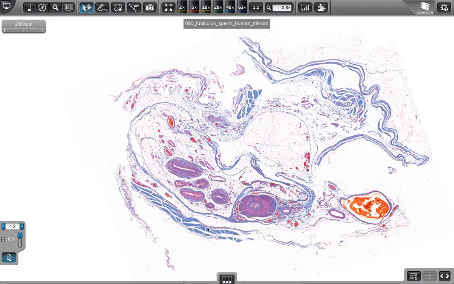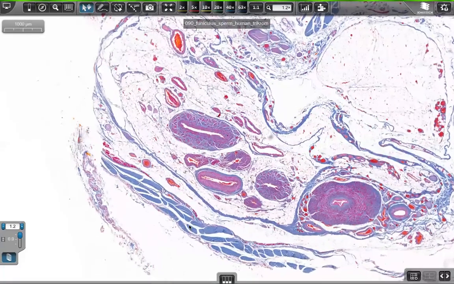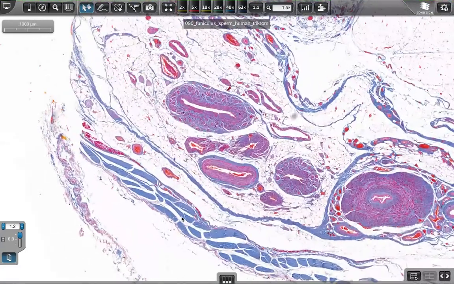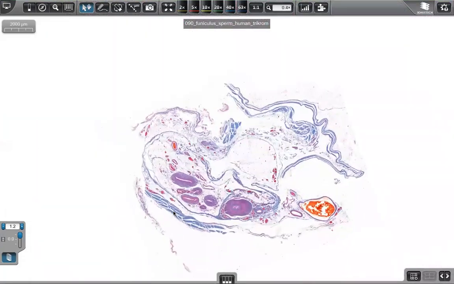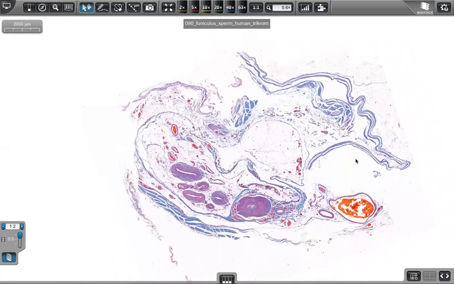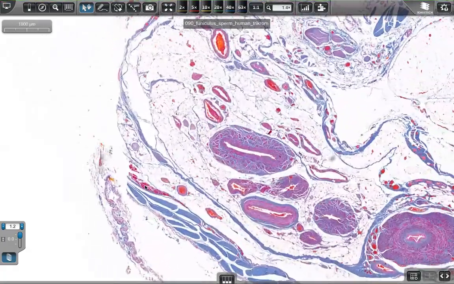So this blue color indicates the external spermatic fascia. It is very thick because it belongs to the inguinal ligament. So this is the inguinal ligament, and here this is the external spermatic fascia, and underneath these red